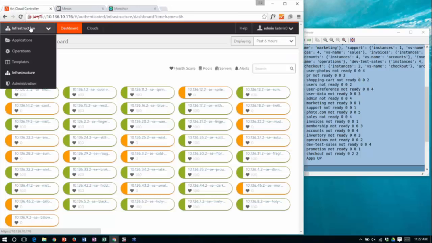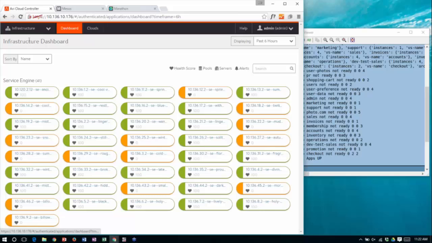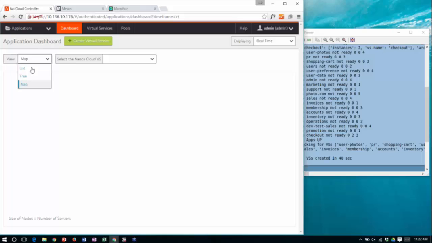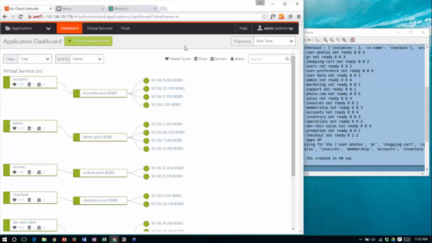So here's the best part. You never saw us configure anything on the controller. And what the controller is doing in real time, let's go to what we call tree mode, which is much more interesting. So in real time, as the developer or the data center operator fed those applications into Marathon and said, please go and create this microservice, we're sitting there listening on the buses to understand exactly what request was made, how many containers are being spun up, on which hosts are they being spun up, and as these 4 containers at the top of my screen get spun up, we understand natively that these 4 containers are sitting here at 10.136.15.123, 80, 80 on a particular physical node.